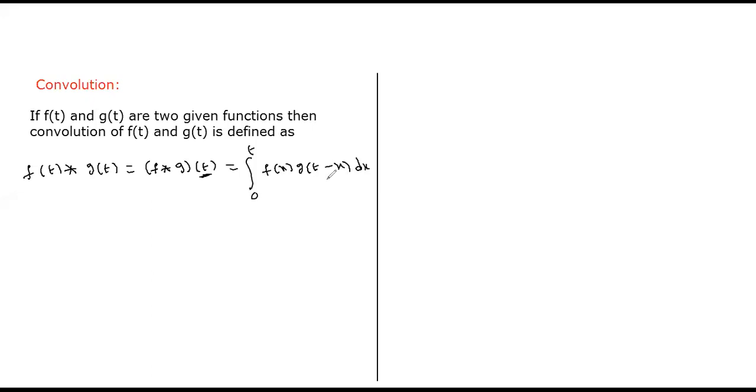Please observe this integral carefully. What are the symbols that you are seeing in the integrand? Two symbols, t as well as x, but you are integrating with respect to x. So which one is to be treated as constant? T. Whenever you have an upper limit, the limits of integration are always treated as constants. So you integrate with respect to x by treating t as a constant, then substitute the limits 0 to t in place of x. The outcome is going to be a function of t.